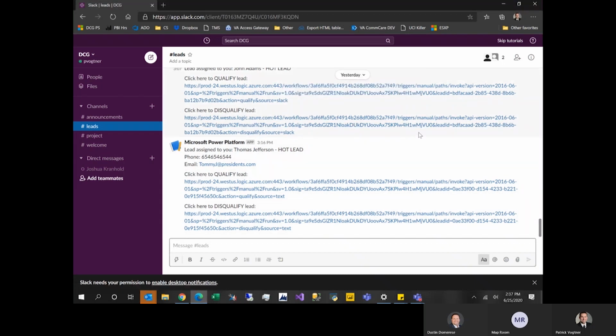So when we go to Slack, again, we do have some limitations here on what we can do. Microsoft has it all built in, a fully fleshed out connector. In this case, you can talk to Slack all you want. You can post to Slack all you want. We just don't have the ability to mask these URLs.